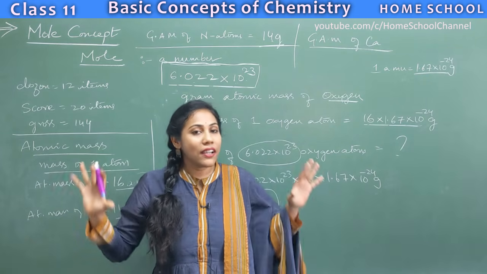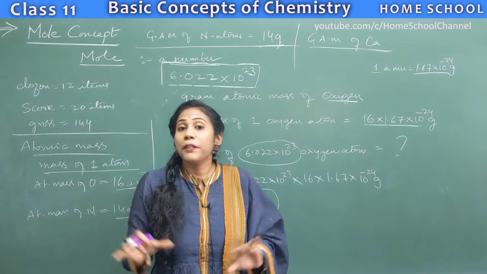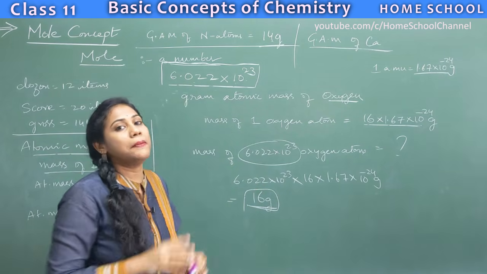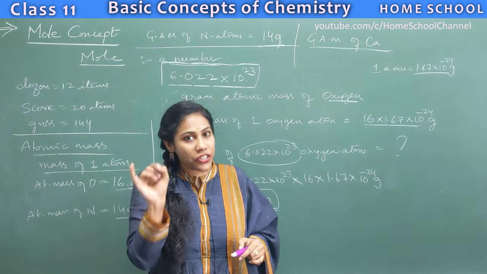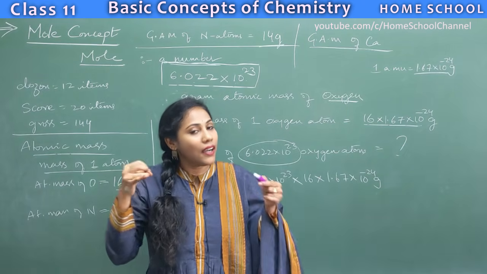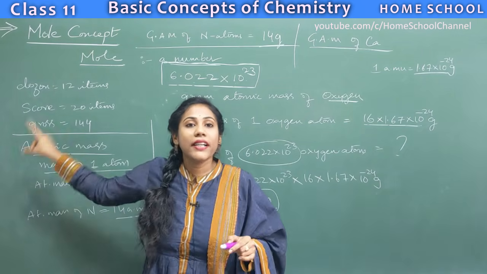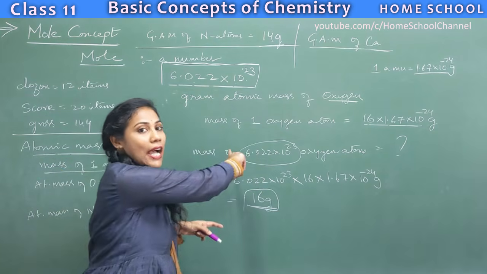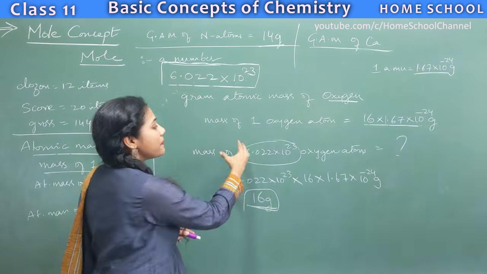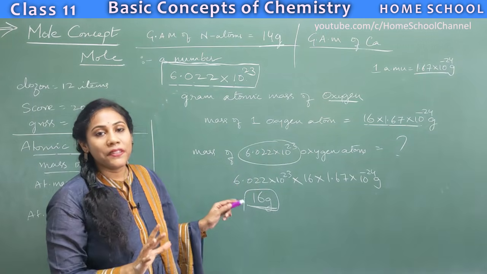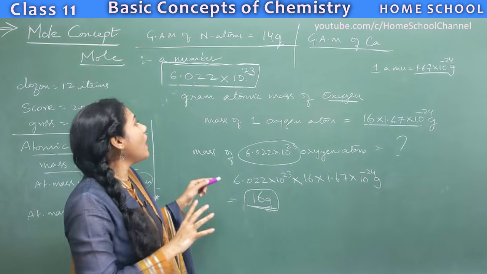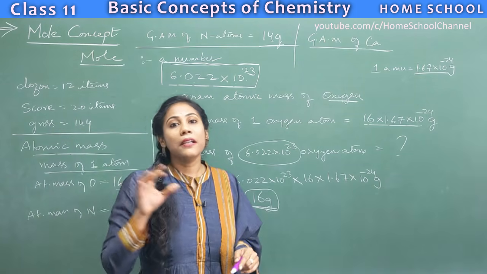Okay, so this is really a very important concept. You must clearly understand the difference between the normal atomic mass and the gram atomic mass. So though the digit remains the same, the difference in their definition is completely opposite. Okay, so it is mass of one atom and gram atomic mass is mass of 1 mole of atoms. 1 mole of atoms means it is these many atoms. Okay, digit is same but the unit is different. Okay, so this is all about gram atomic mass.